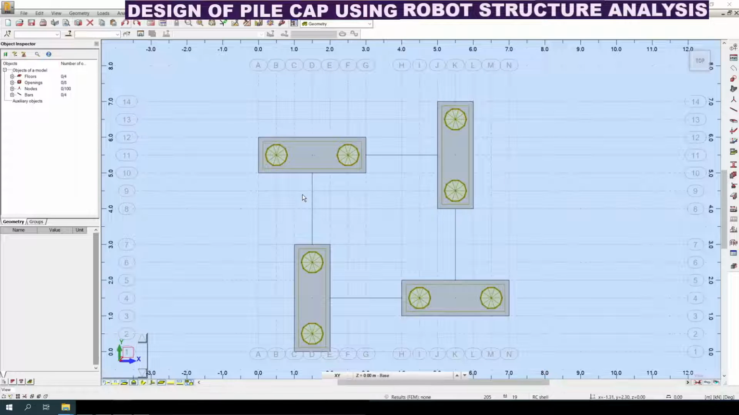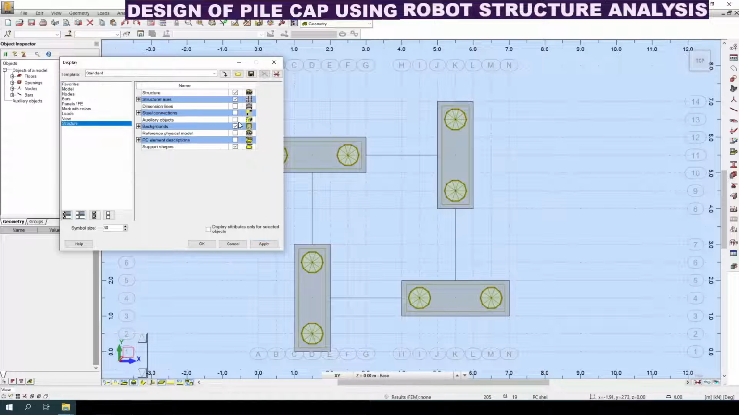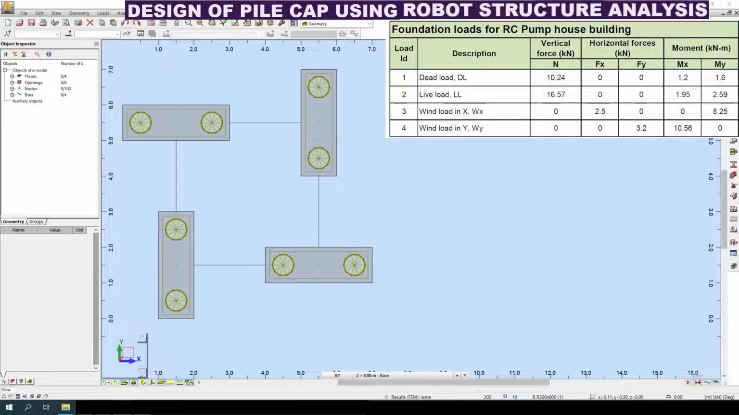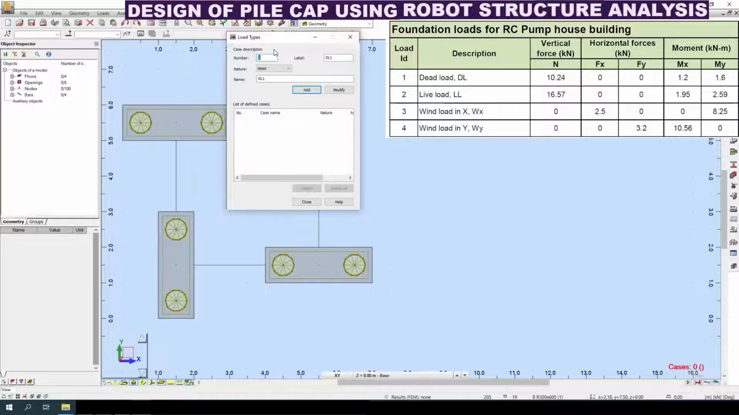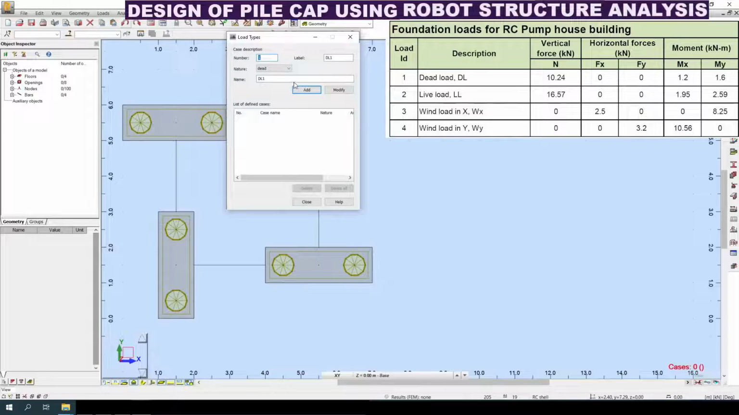So next we are going to apply the loads. For that let me hide this. So you can see on the right hand side there is a tabular format showing the 4 basic loads: dead load, live load, wind load in X and wind load in Y. So first let me create the load types. For that you need to go to loads, click load types, creating and adding this dead load,